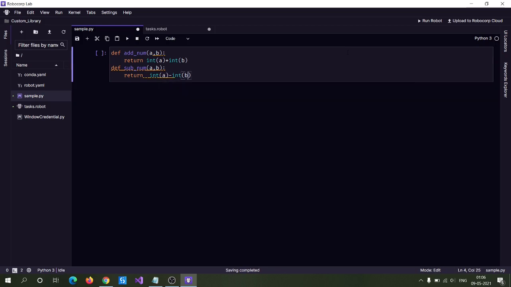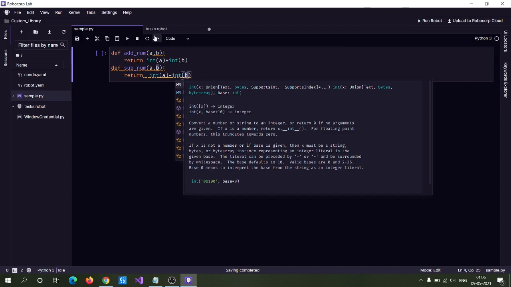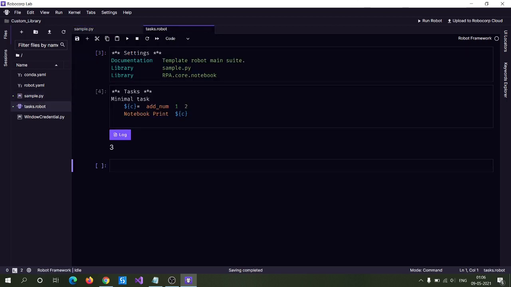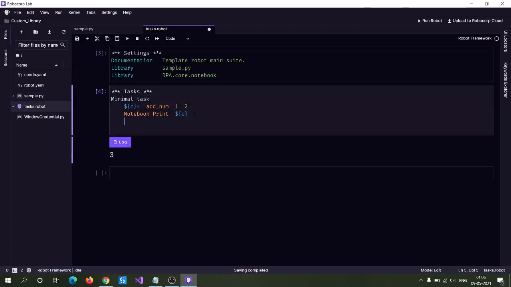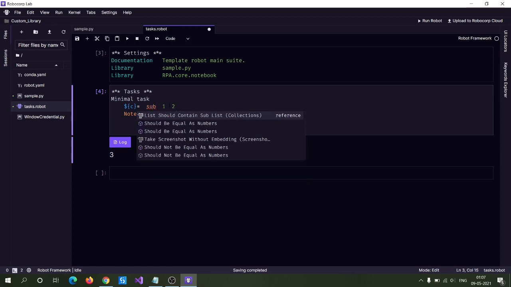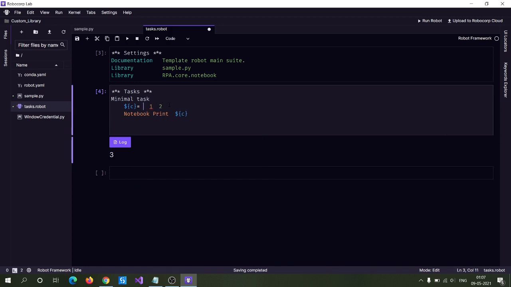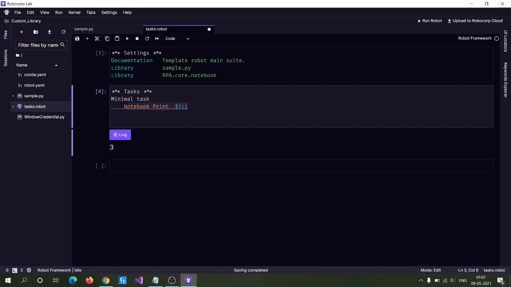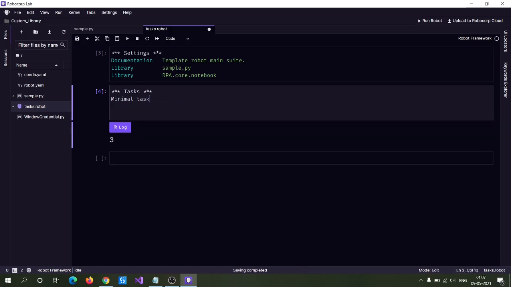So let's see whether we are able to call this keyword or not. Instead of add_num, we can use sub_num. Let me just call it here and remove all this.